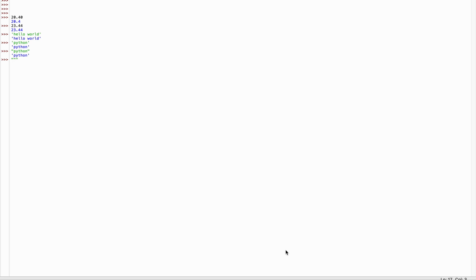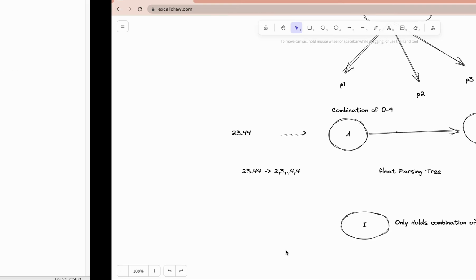Suppose I write within triple quotes hello world. I am also not getting an error. Now let me do one thing. Suppose I am writing hello. If you start with double quotes and then write some statement without closing, you get the syntax error, and it clearly tells you incomplete input. That means for these statements there are also parsing trees present. Let me quickly show you those parsing trees.